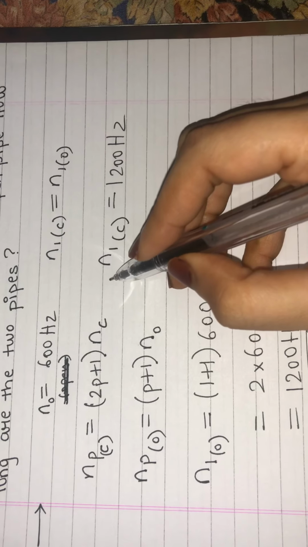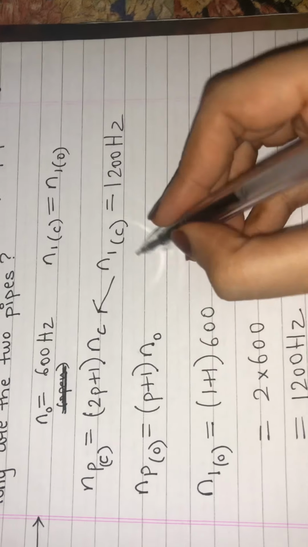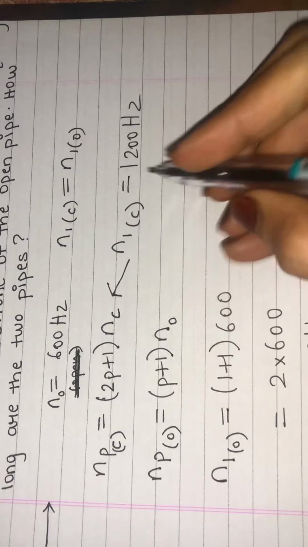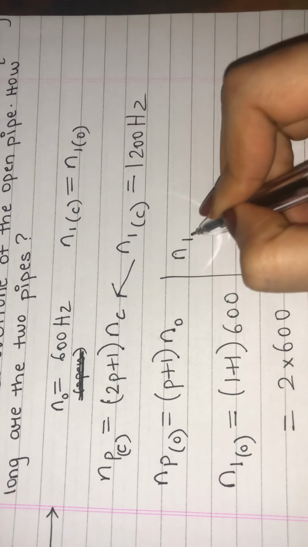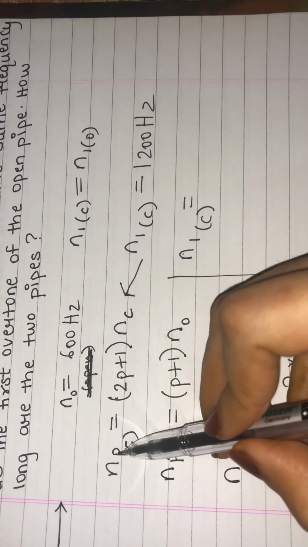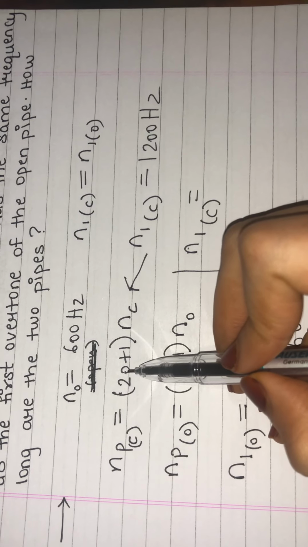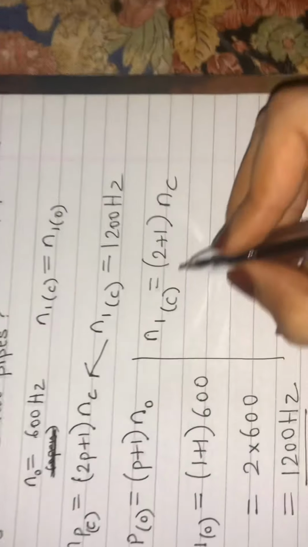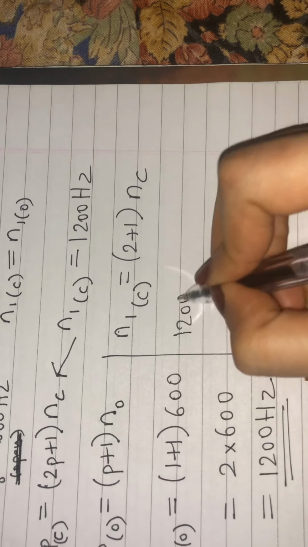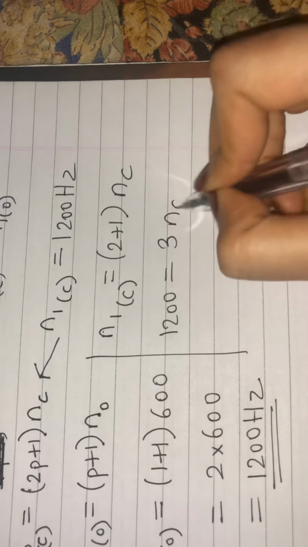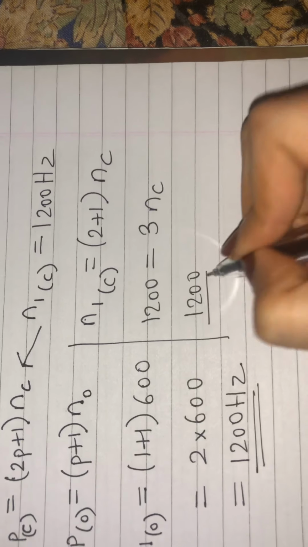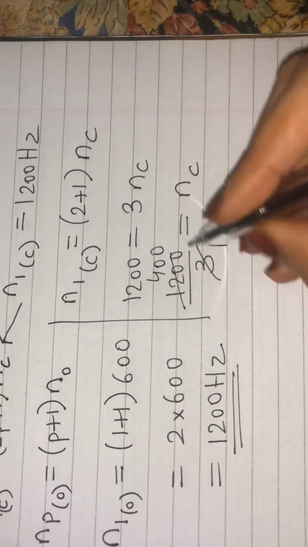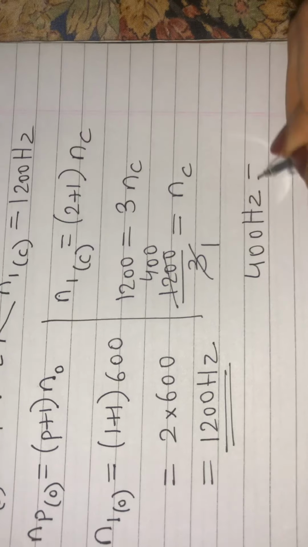Right, now let's see the formula for the closed pipe, which is over here. This is for the pth overtone, and I'll solve it for the first overtone. So it will be the frequency of the first overtone for the closed pipe. Now in place of p I am writing 1, so here also I'll write 1. So 2 ones are 2, and 2 plus 1, and the fundamental frequency of the closed pipe. Now this I have is 1200, and 2 plus 1 gives me 3. Then I'll get the fundamental frequency of the closed pipe. So 1200 upon 3 will give me the fundamental frequency of the closed pipe. That is 3 fours are 12, and this gives me 400 Hertz.